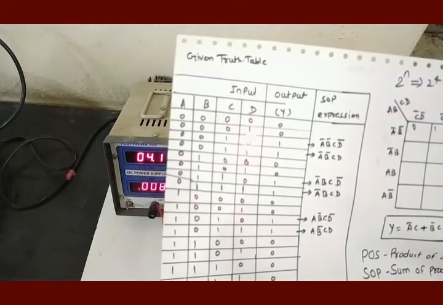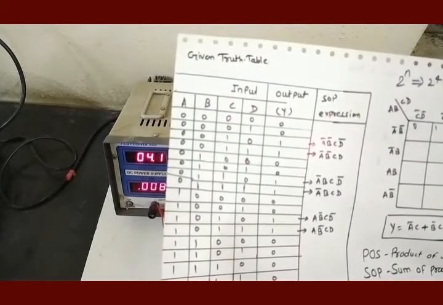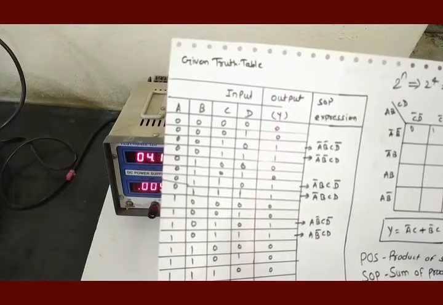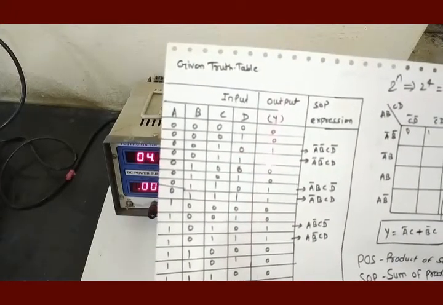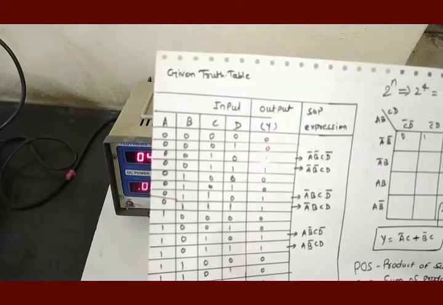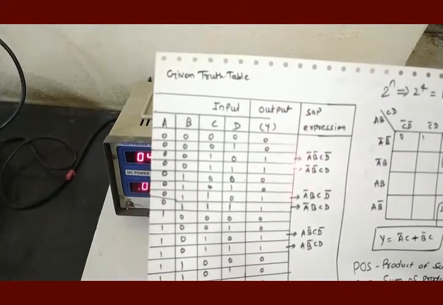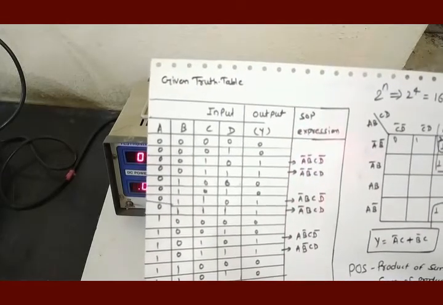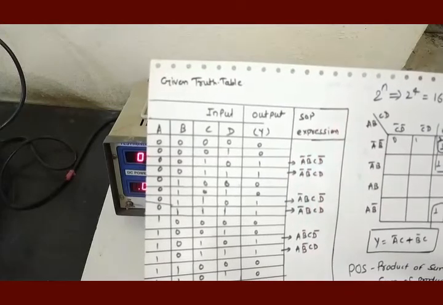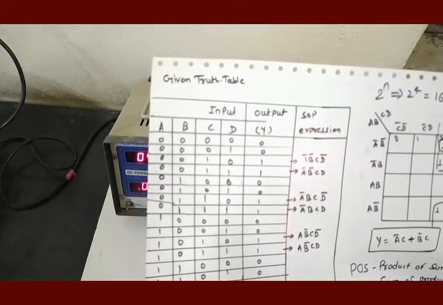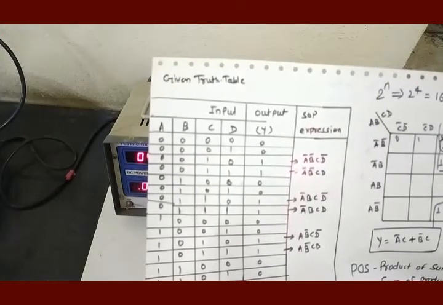Let us go for the first input condition for which the output is 1 in the truth table. This one is there in the output of the truth table, and its corresponding fundamental product is A bar, B bar, C. D bar is not needed to be taken here, so I have to make A 0, B 0, C equal to 1. To make A and B 0, what do I have to do?